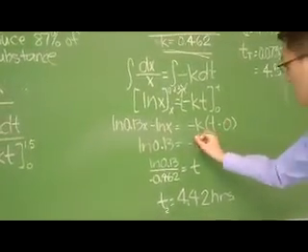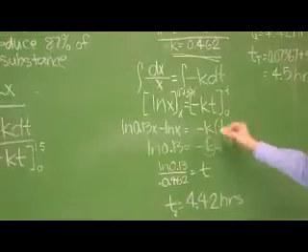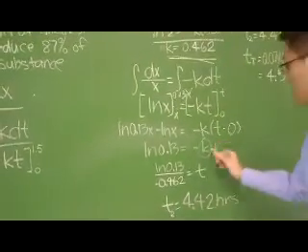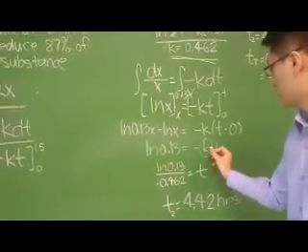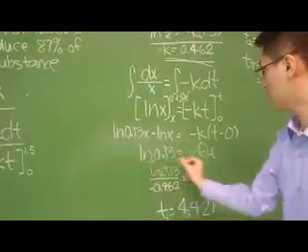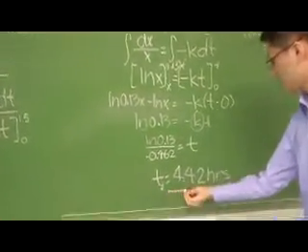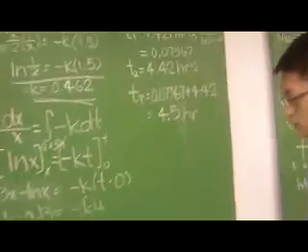And then since we have k, we just substitute its value to k, and then dividing this by k, we would get 4.42 hours. So after that,